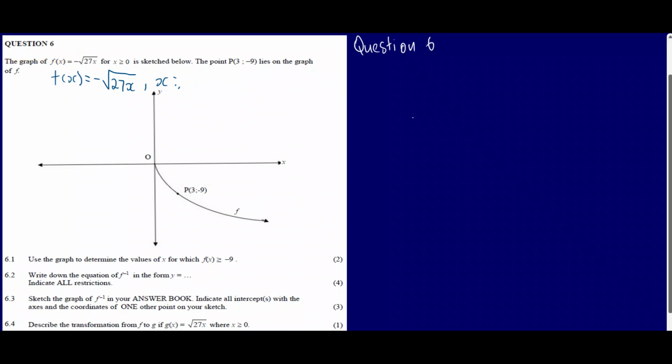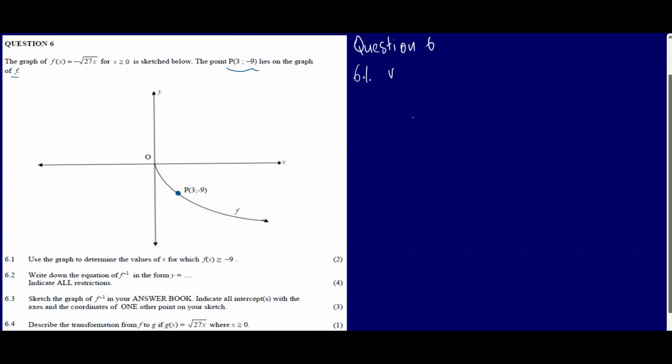So now let's go and look at what else is given. We're given the point 3 and minus 9, right? It's there on the graph. That point we can clearly see. It's on that graph of f. So the first question just went straight on and said use the graph to determine the values of x for which f of x